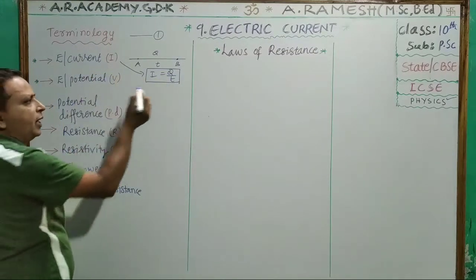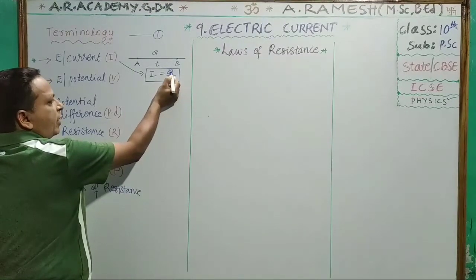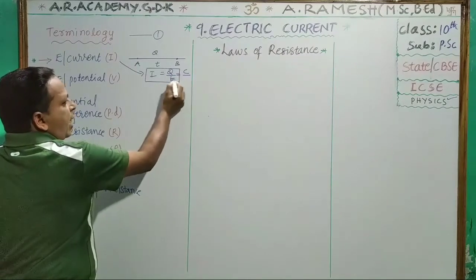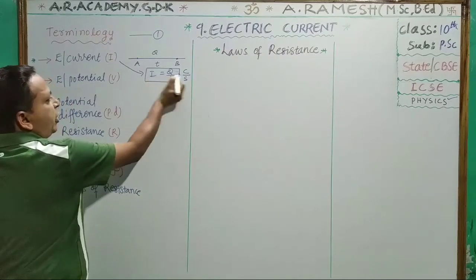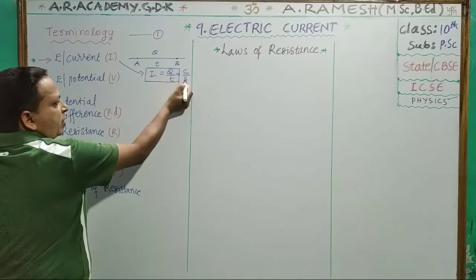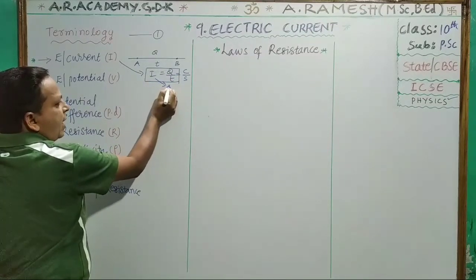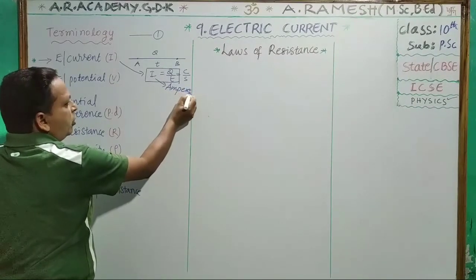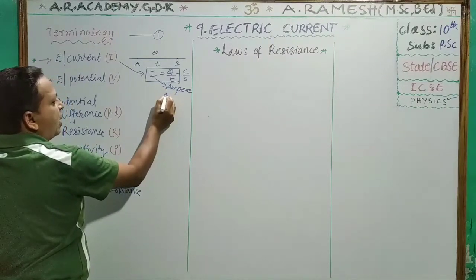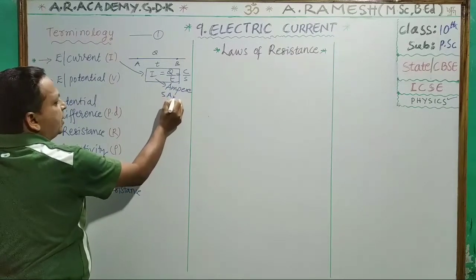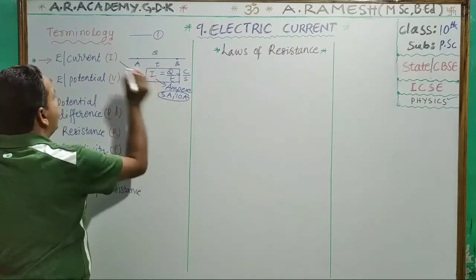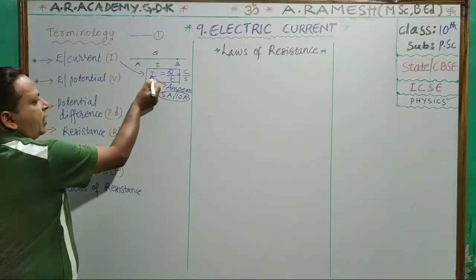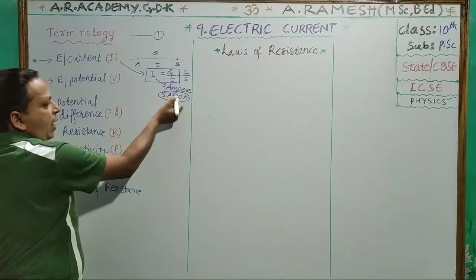Electric current. Once again look here. Rate of flow of electric charge is called current. As Q is measured in coulombs and time is measured in seconds, the current units are coulomb per second. This is also referred to as amperes. 1 ampere. Are you listening, children? Ampere. Simply we will call it amps. 5 amps, 10 amps, like this we will call. Remember, this is about electric current. Rate of flow of charge is called electric current. It is measured in coulomb per second or amps.